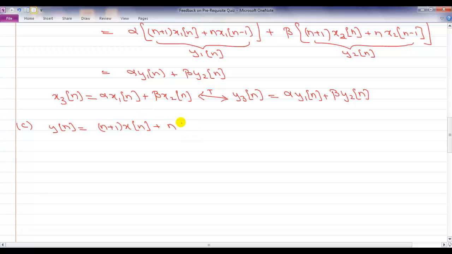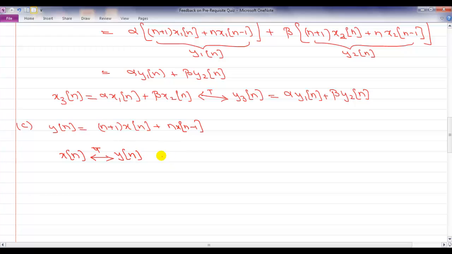Now, just like the previous part, there are two ways that you can approach this. One is the more formal way, which relies on the definition of time invariance. So if you remember, the definition of time invariance is that if x[n] produces an output y[n],